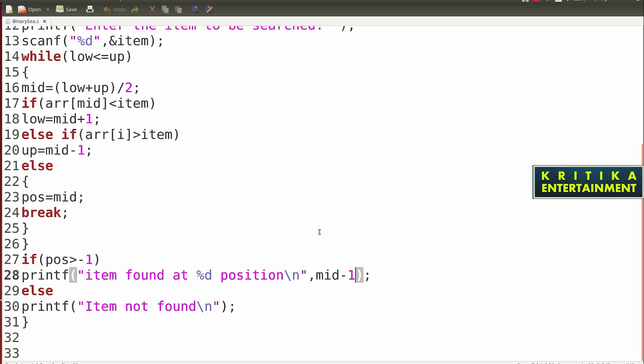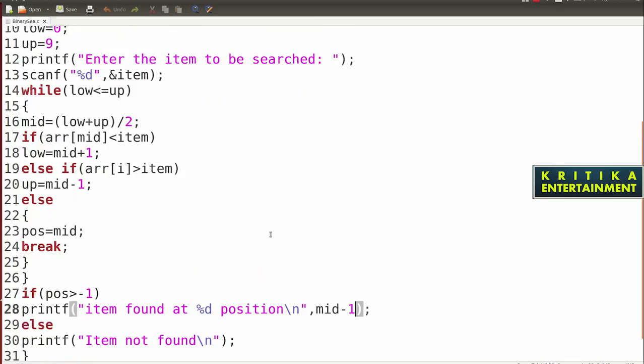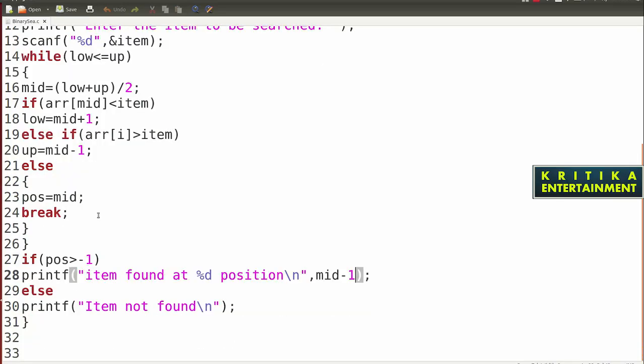So I find some mistakes may be there. So here: while low less than or equal to up, mid equal to low plus up by 2, if array mid less than item, then low equal to mid plus 1, else if array mid is greater than item, then up equal to mid minus 1, else position equal to mid, then break.